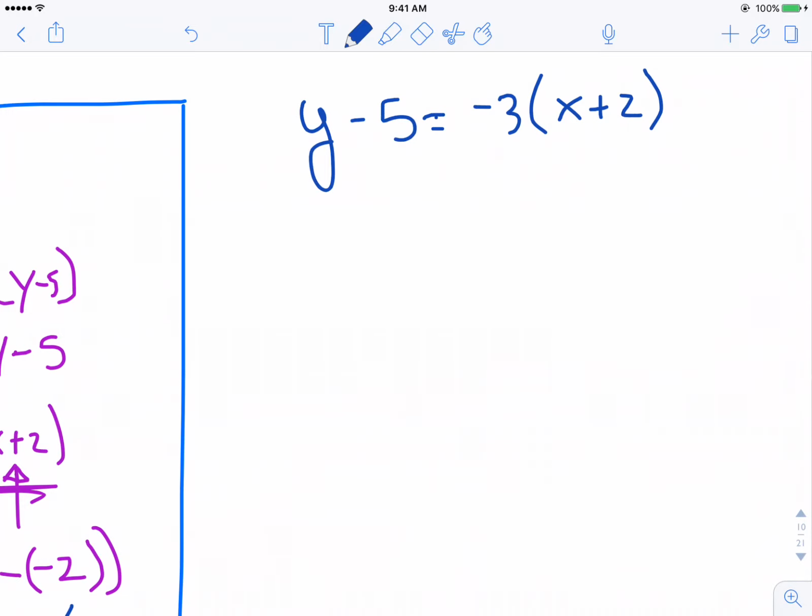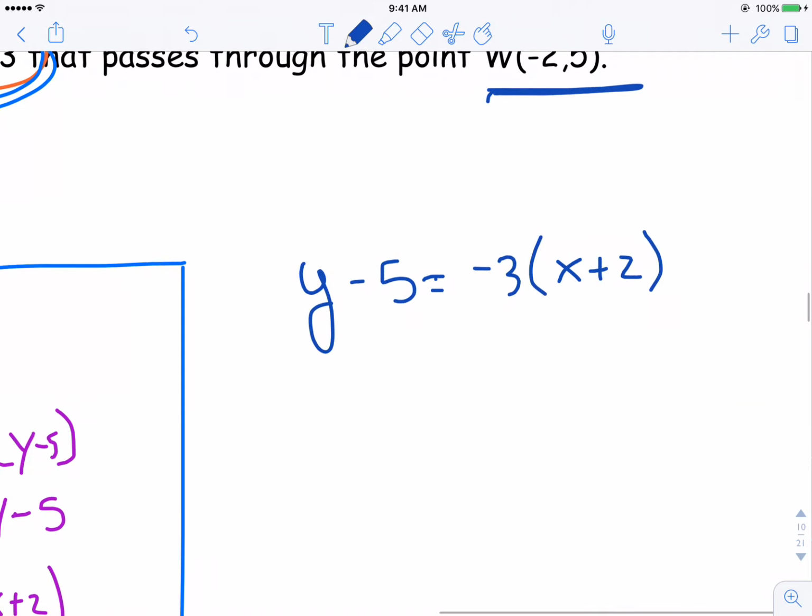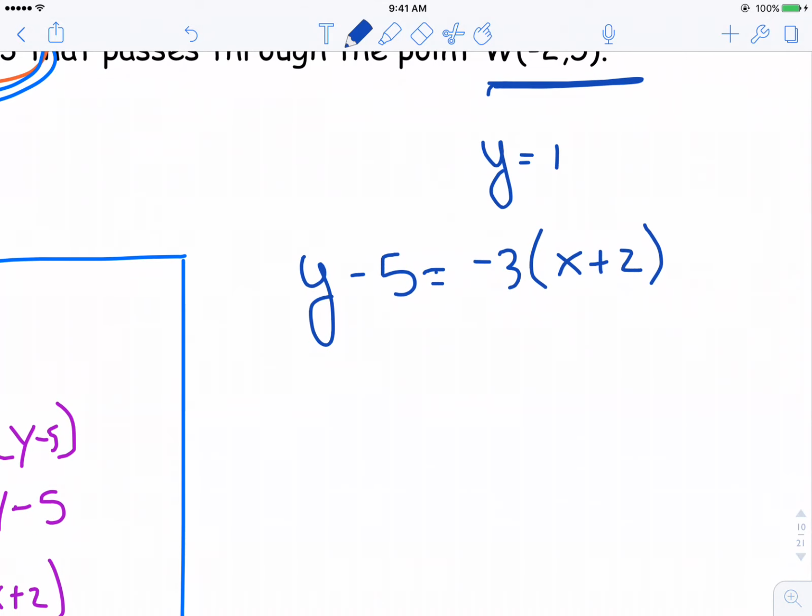can rearrange that equation into y equals mx plus b. Y equals mx plus b, slope-intercept form. Why would you have to do that? Well, sometimes it's easier to graph a slope-intercept form equation. Sometimes it's easier to graph a point-slope form of an equation. Sometimes you're just asked, here's an equation of a line, rearrange it into slope-intercept form. Many different reasons. So in order to do this and rearrange it so that I get a slope-intercept form,